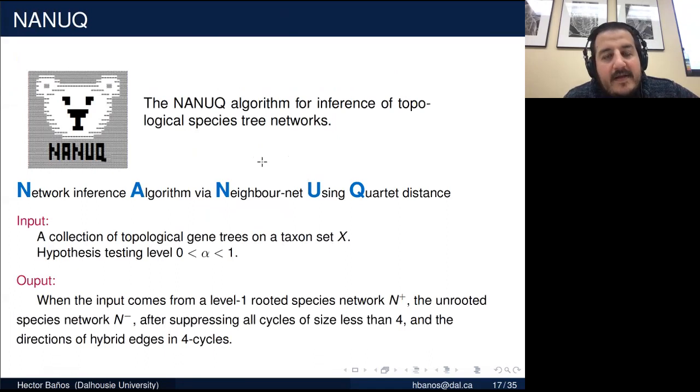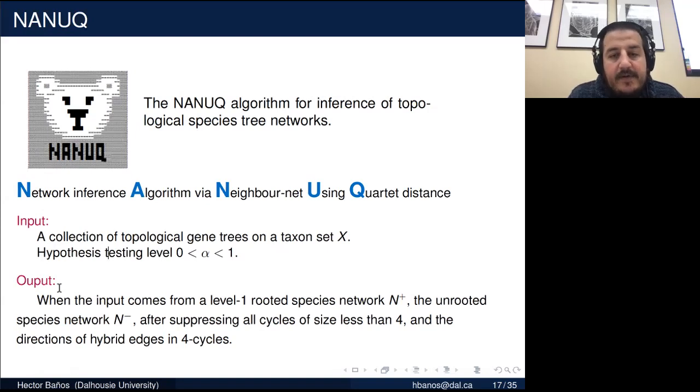So the purpose of this algorithm is to infer topological species networks. It stands for Network Inference Algorithm via Neighbornet using Quartet distance. The input is a collection of topological gene trees on a taxon set X and a hypothesis testing level alpha. And the output, if it comes from a level 1 network under the multispecies coalescent model, is going to be